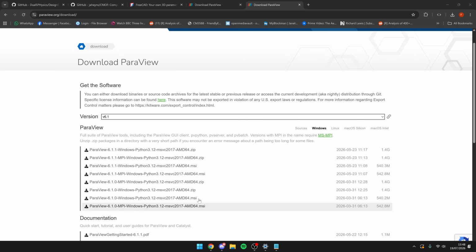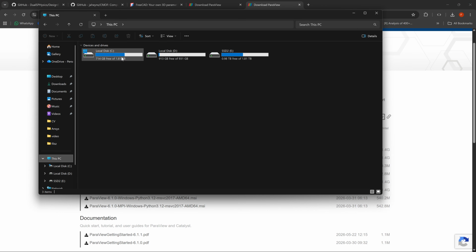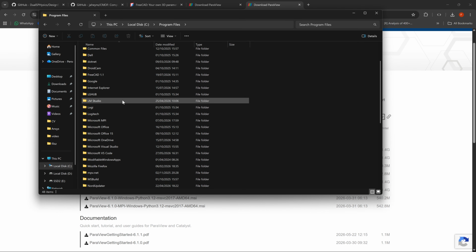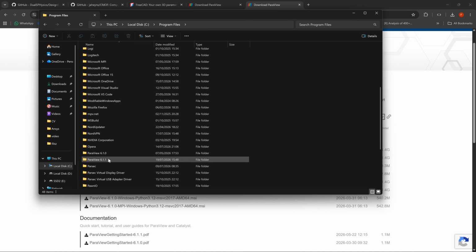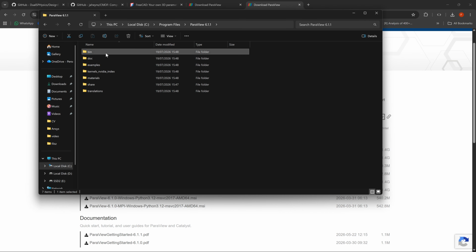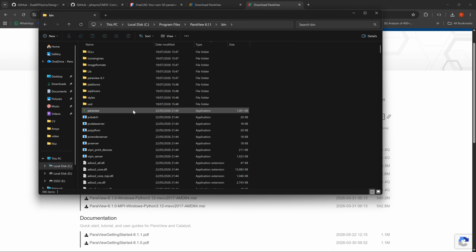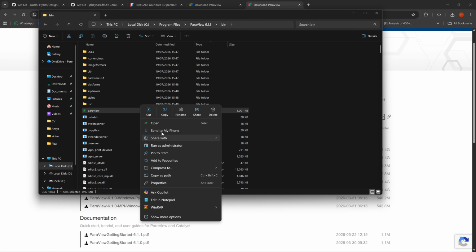Now we want to find this ParaView wherever it's installed. I think it installs in C, and then Program Files, ParaView, yeah, ParaView 6.1, and then bin, and then there's the executable. We can sort by file type actually, and there's this application executable. So we just copy path as,